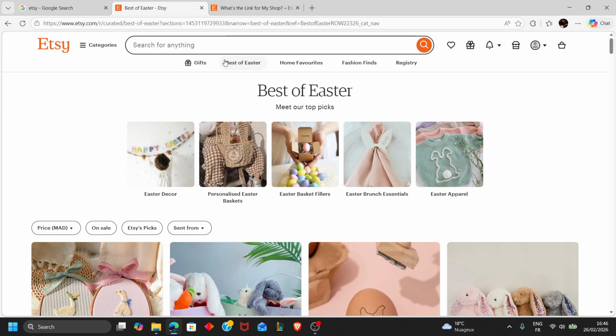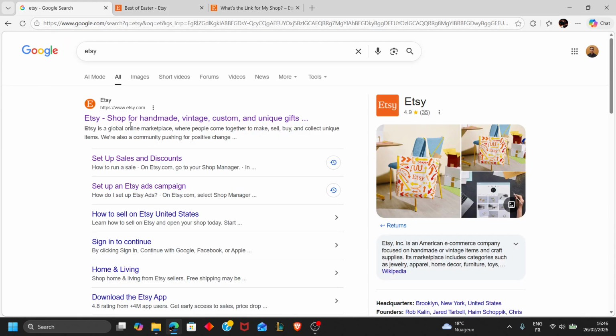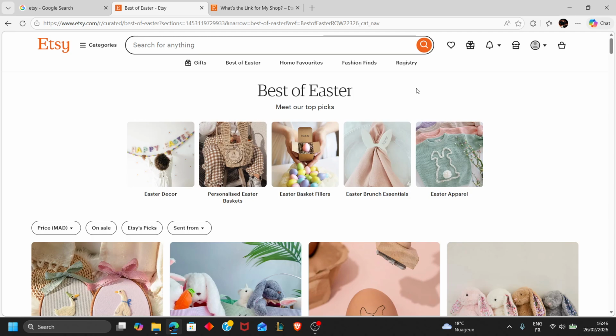So let's get started. The first thing you want to do is to log into your Etsy account, and you can do that via the Etsy mobile app or the Etsy website. Now the Etsy mobile app is available on both Android and iOS devices. You can download it via the Play Store or App Store depending on which device you're using. You can alternatively just use your web browser and go to the Etsy.com website and make sure you sign in